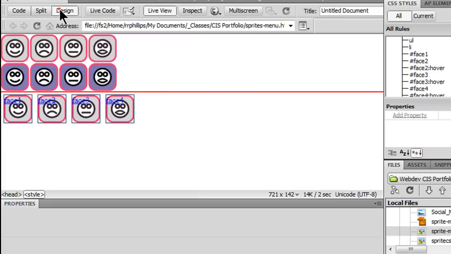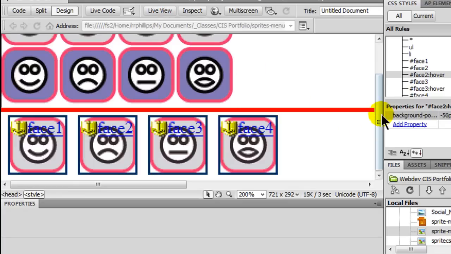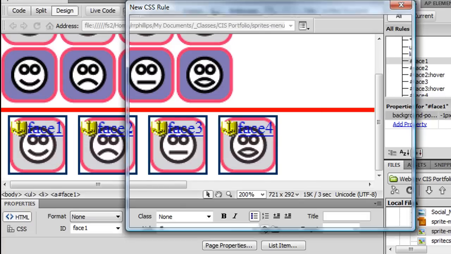Turn back to design, and that's what I'm looking for. So it looks like buttons 2, 3, and 4 are behaving how I want, so that's pretty good. The only thing left is face 1, and that should be one of the easier ones. Okay, so face 1, that was just negative 1, negative 1, so I'll just create a new rule,